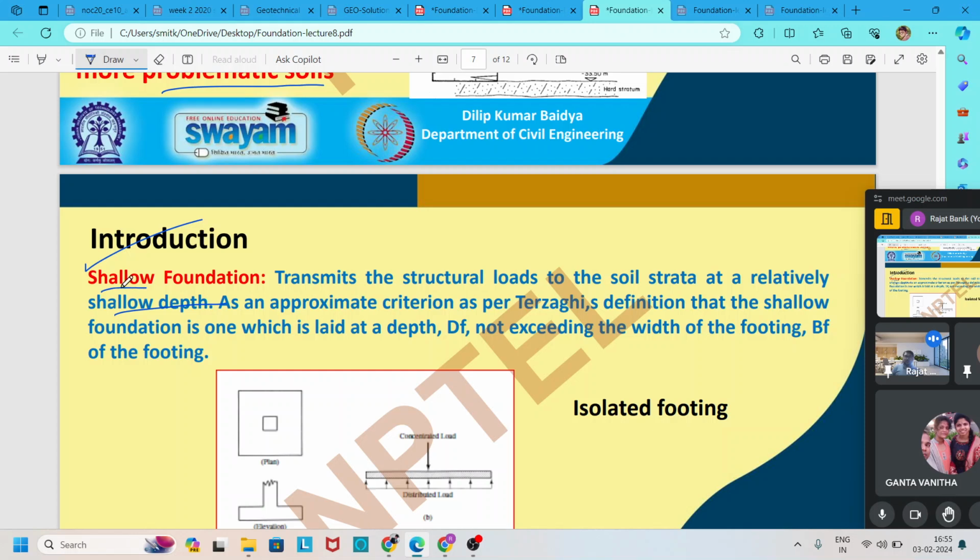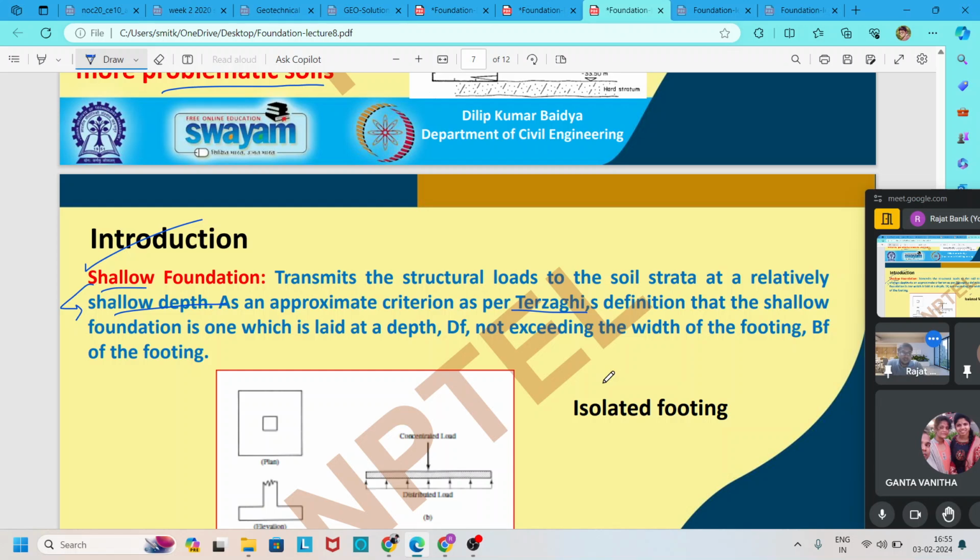By name itself, it represents that the depth of the foundation is very shallow, and as an approximate criterion, as per Terzaghi, one of the scientists who gave one equation to find out the bearing capacity of the soil,